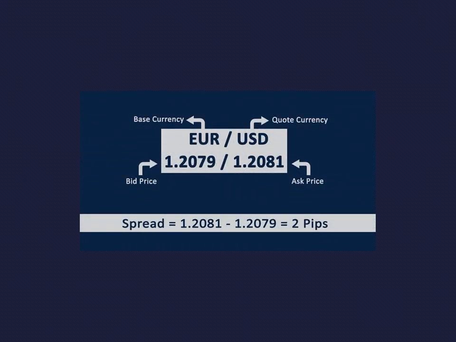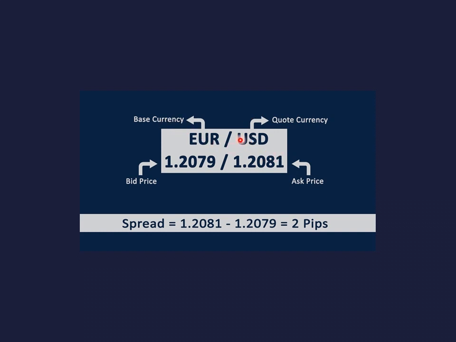So this is another example of spread, just like the previous one, but containing more details. In the previous video I talked about base currency and quote currency, where I said the first currency is your base currency, and the one at your right hand side is your quote currency in your pair. Because this is a pair, a couple, they're married together and they are one. The one at your right hand side is your quote currency, and the one at your left hand side is your base currency.